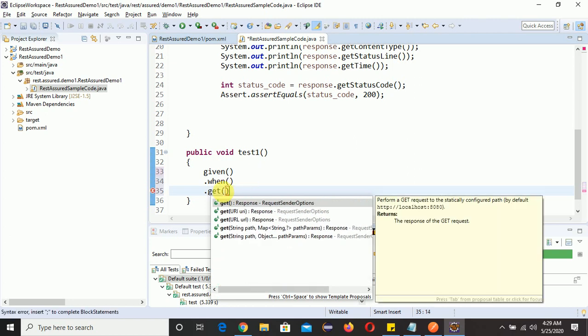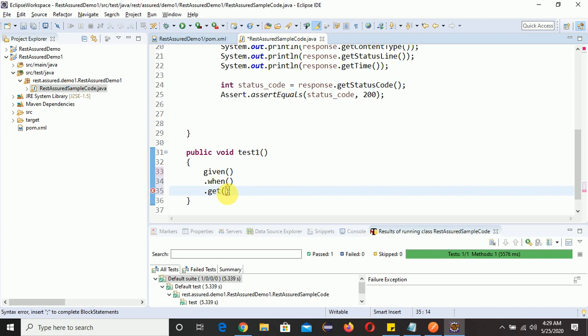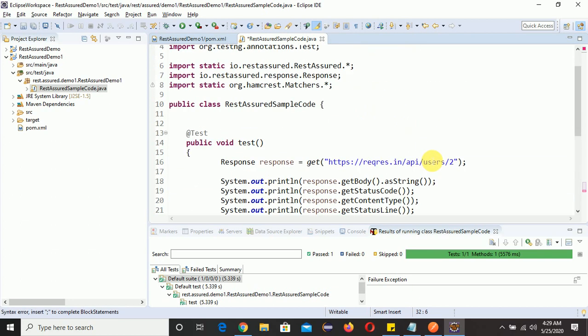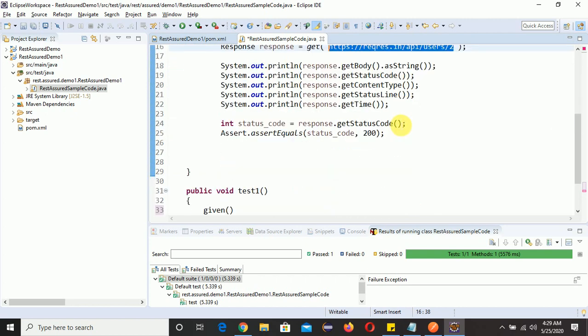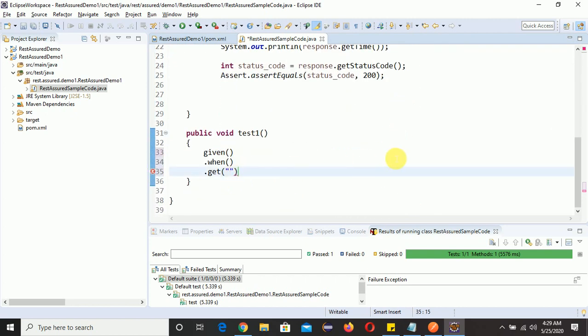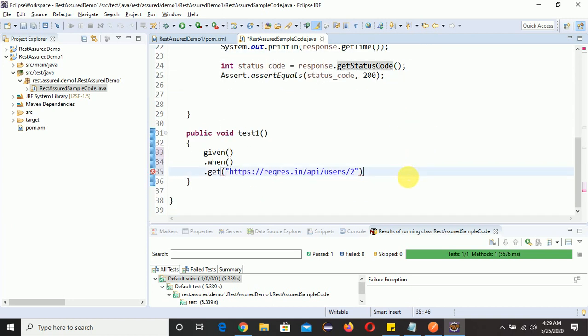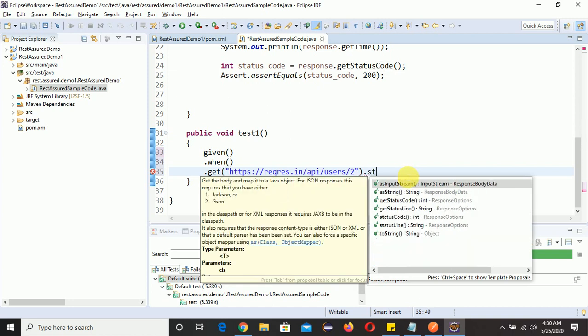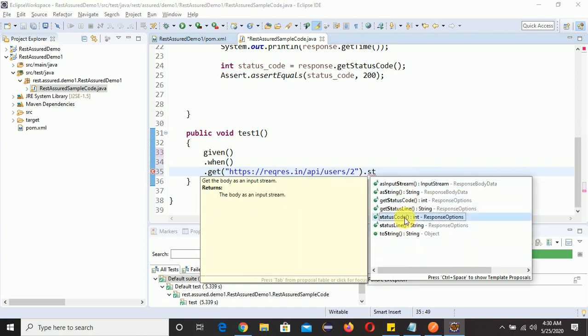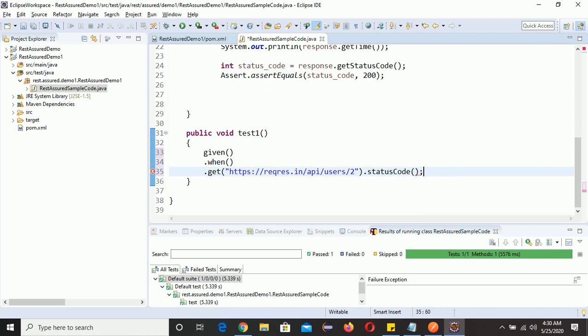Inside this get we need to pass URL, our API URL. So let me copy this and I will paste it here. Now we will check our status code here. Let me write here dot status code, and we need to pass 200, right?